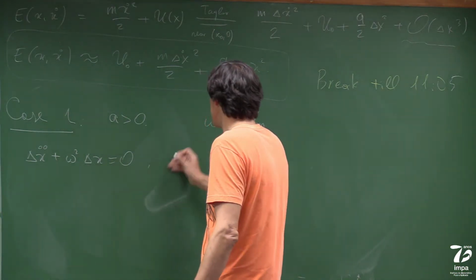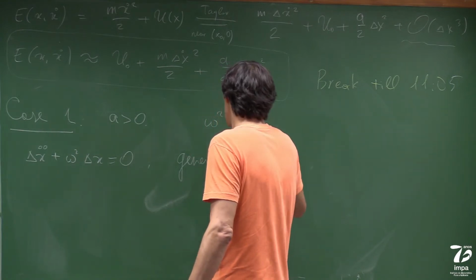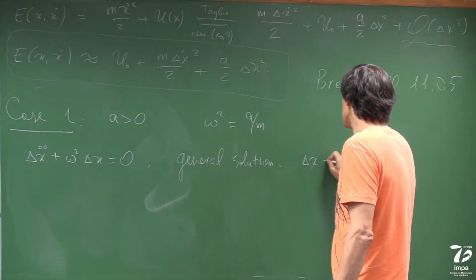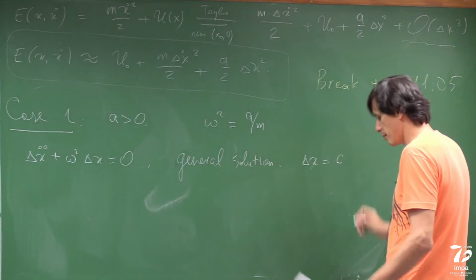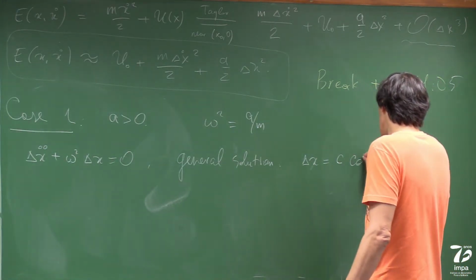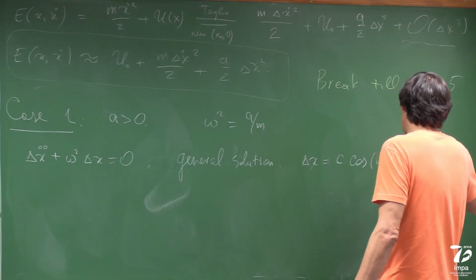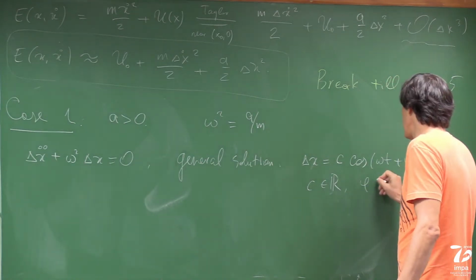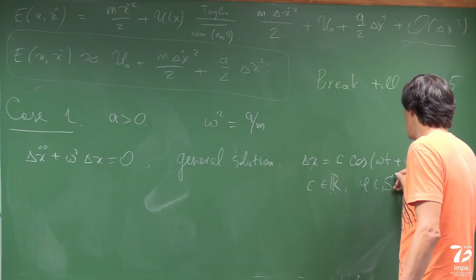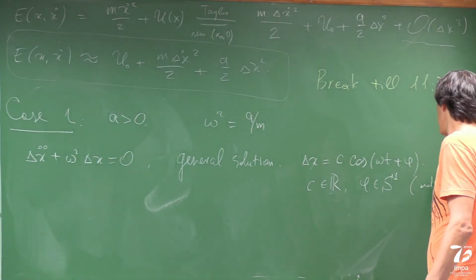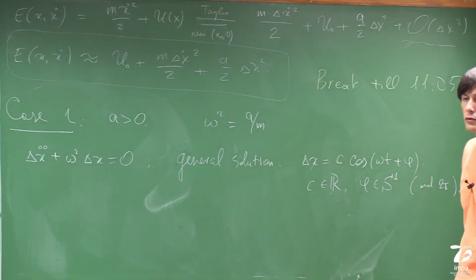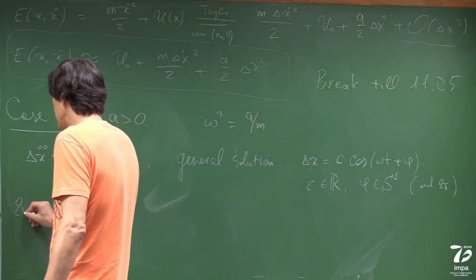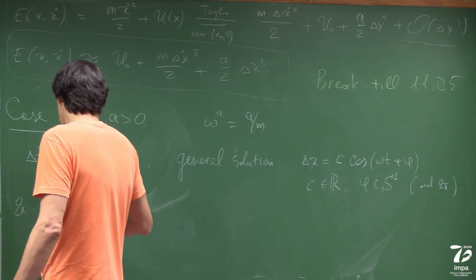So, general solution. All solutions of this equation can be written as some constant c multiplied by cosine of omega t plus another constant phi. So the two constants: c is an arbitrary real constant and phi is an arbitrary angle, modulo 2 pi. What you can check, as an exercise, is that